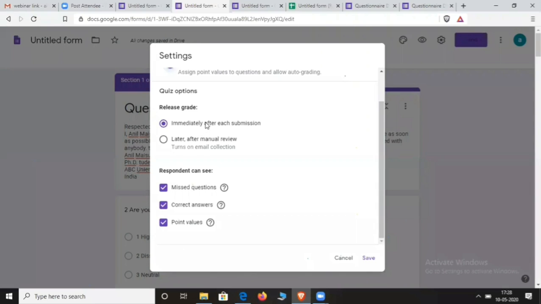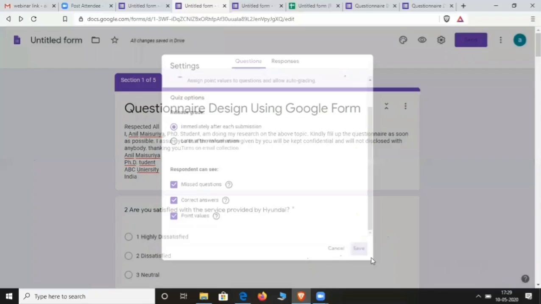Then you can check how many questions were missed, how many they answered correctly, and how many points they got. Then just click on Save.